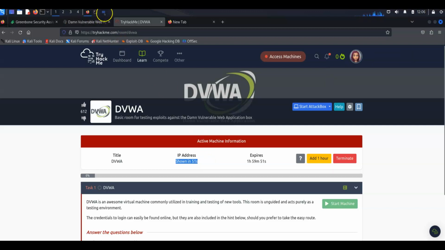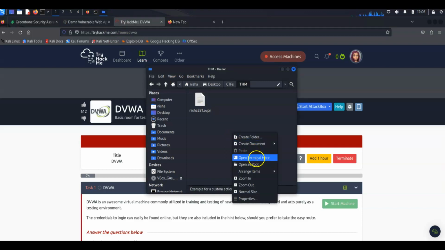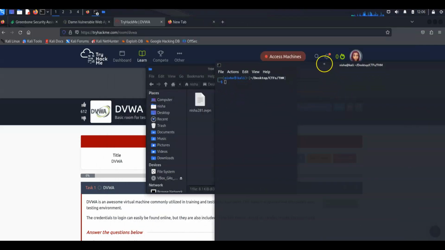On step 3, I need to ensure that I have a VPN connection available between my Kali Linux virtual machine and the TryHackMe platform. This will allow me to have connectivity from my virtual machine to the DVWA machine that lives within the internal TryHackMe network. So with that being said,